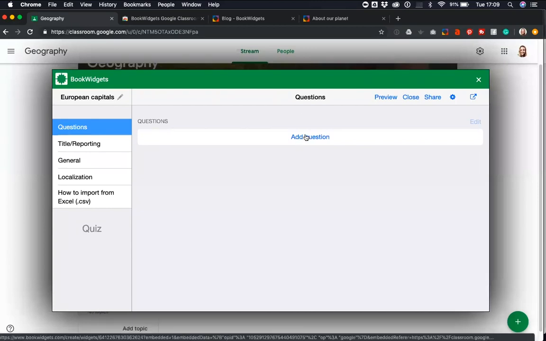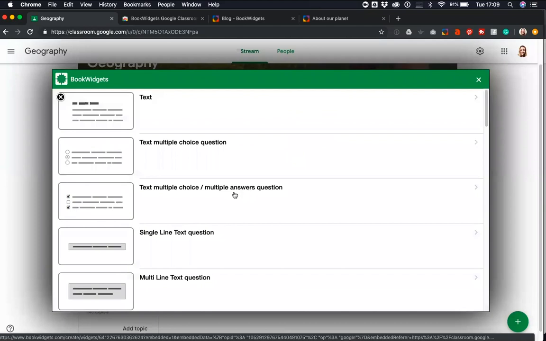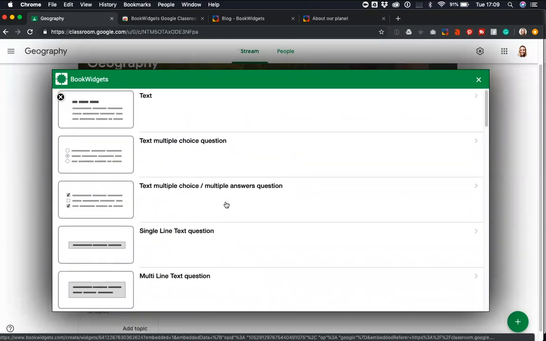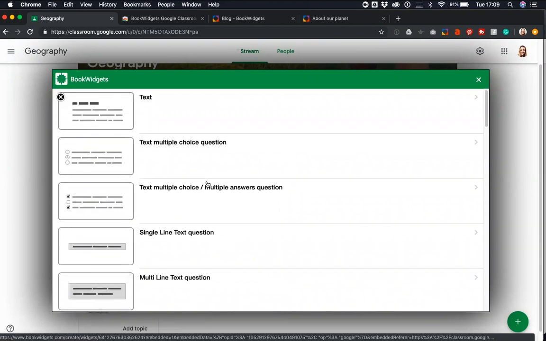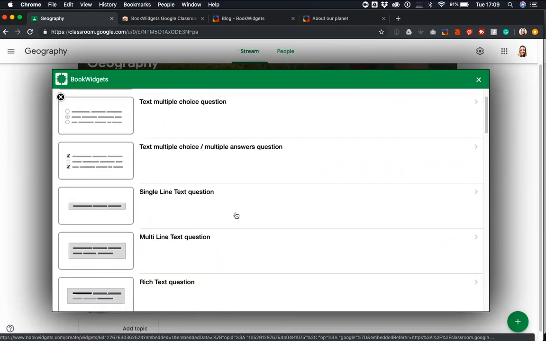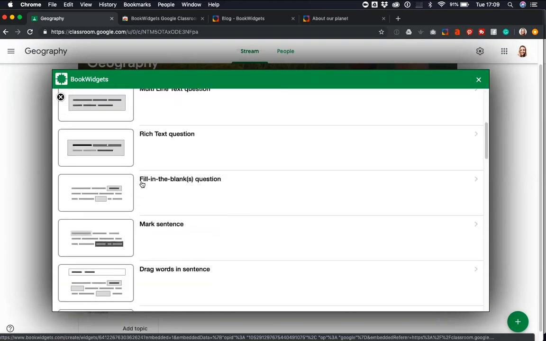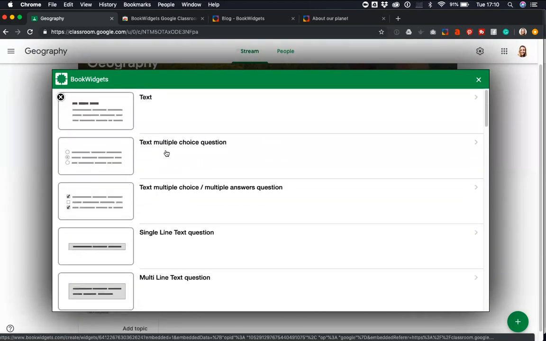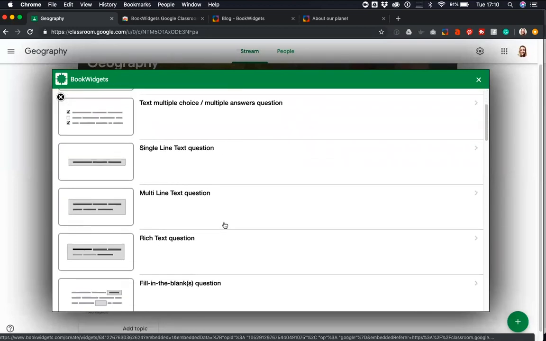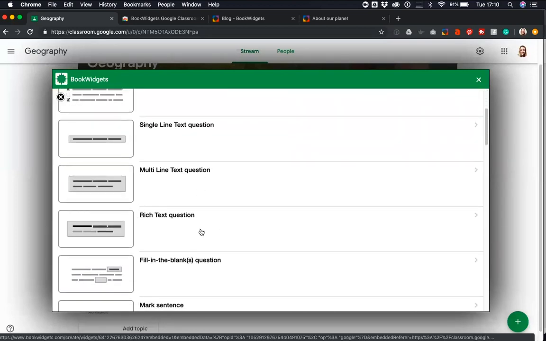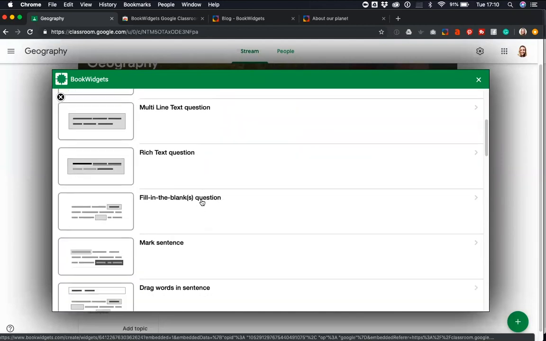So I'm going to add a question to my quiz. So I click on the add questions, and then another screen pops up with actually all the possible question types. So you can see there are a lot of question types, and every question type has other options. So we have the normal question types like the multiple choice, the single line question, the rich text. So if you want them to make an essay,